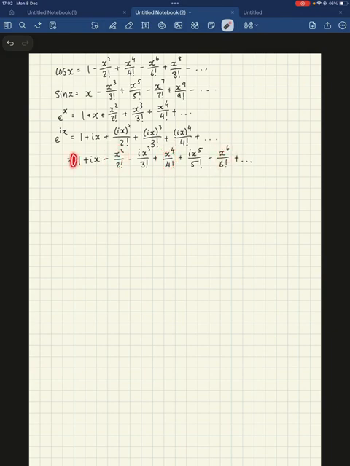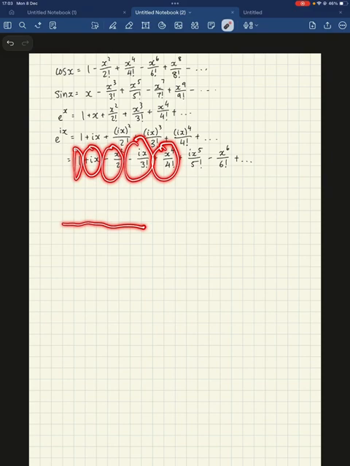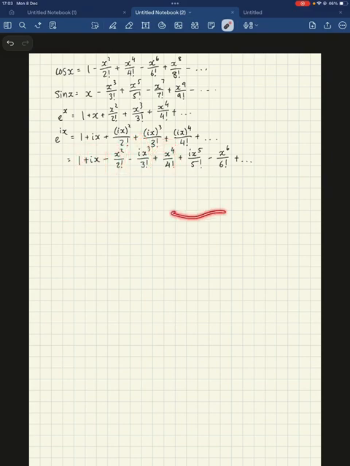And we see this plus, plus, minus, minus, plus, plus, minus. Okay, this should be a minus. But we see this pattern. Now, what we can do is group all the real parts and group all the imaginary parts. So all the terms that don't contain an i, so 1 minus x squared over 2 factorial plus x to the power of 4 over 4 factorial, we can group as one kind of group. And then ix minus ix cubed over 3 factorial, and so on, we can group as the imaginary